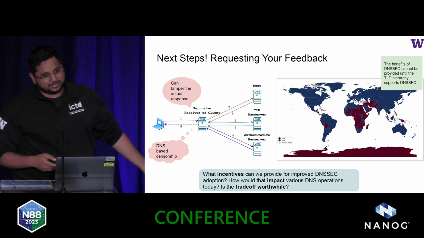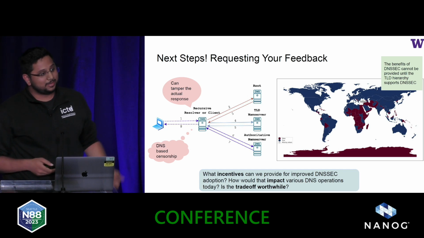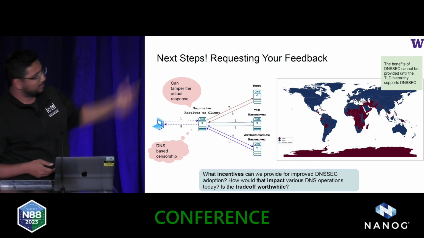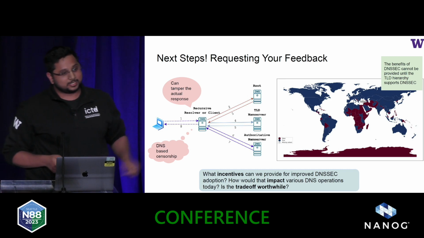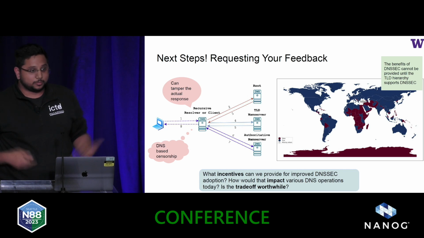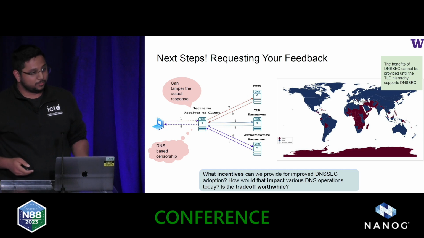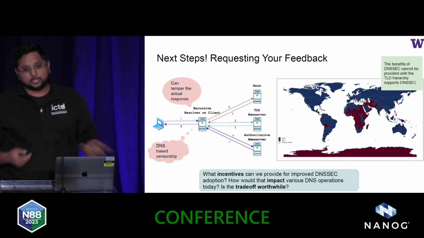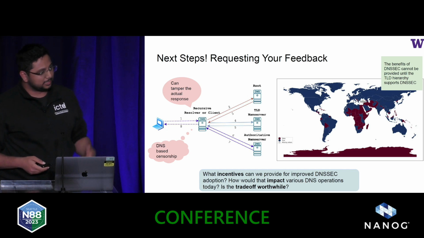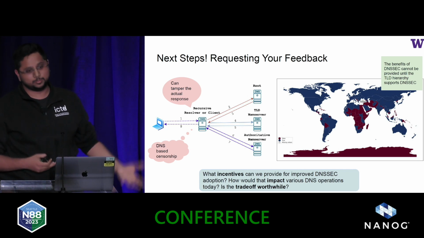But the benefits of DNSSEC and things like this cannot be provided until the entire hierarchy has DNSSEC. If you see the map there, the red sections are the TLDs which still don't support DNSSEC. So what can we do as a community to provide an incentive for improving DNSSEC, and similarly reduce the amount of trust that we place in the RIR ecosystem for RPKI when we look at BGP?